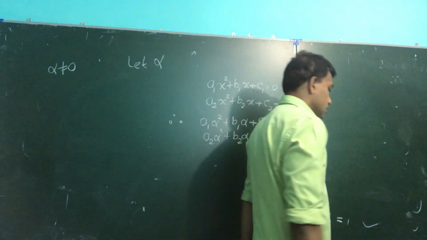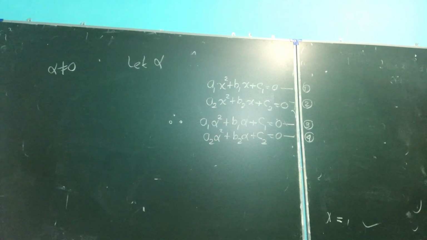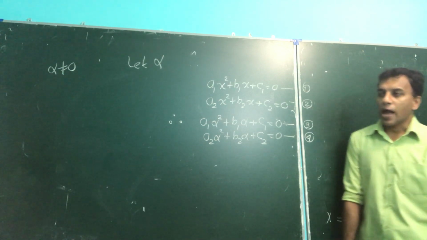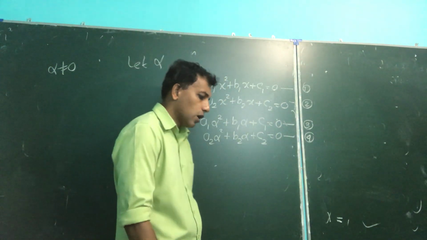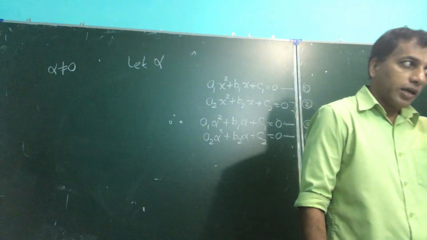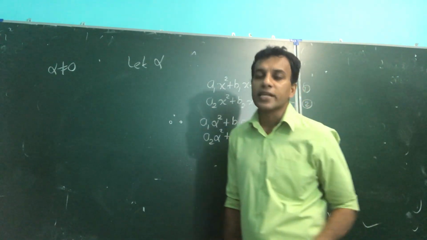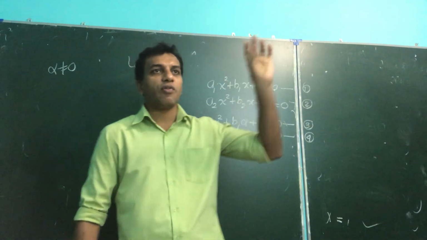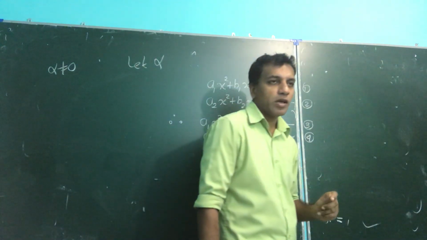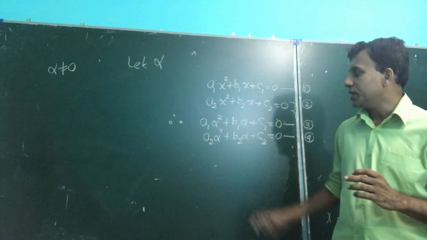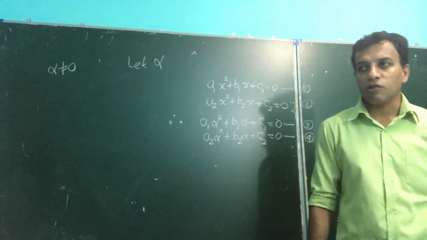What does my theory say, what is the condition, right? What is the condition if the two quadratic equations have one root equal, the same root for both of these? So I mentioned alpha, right? Therefore now I want to remove or eliminate my alpha. I should find what alpha is equal to. In such a problem, remember this, the way of finding: you find this alpha in two methods.